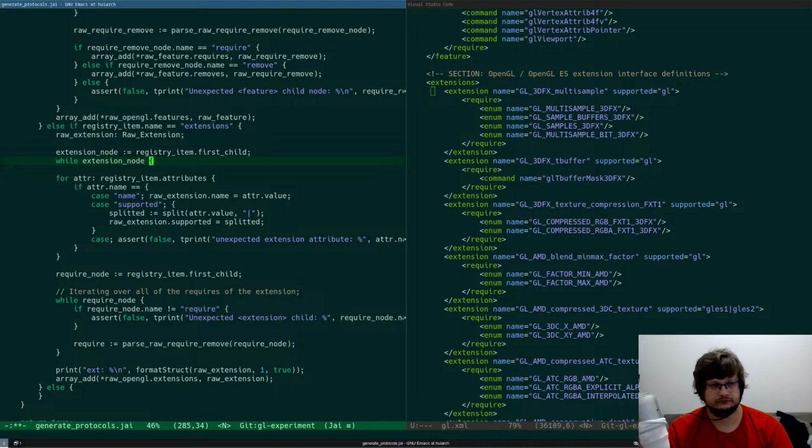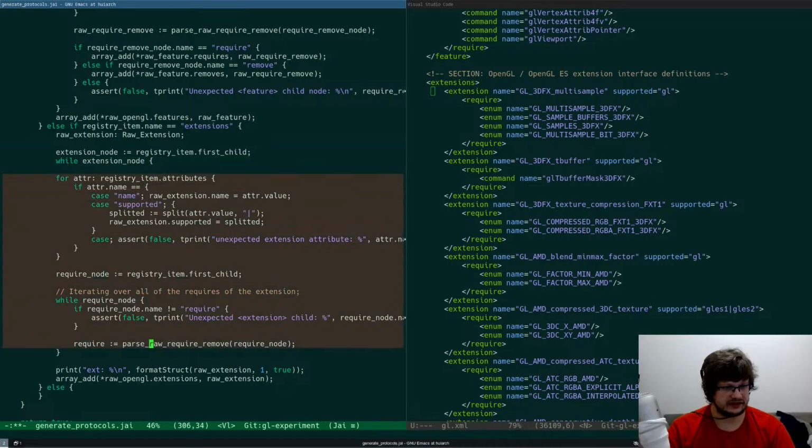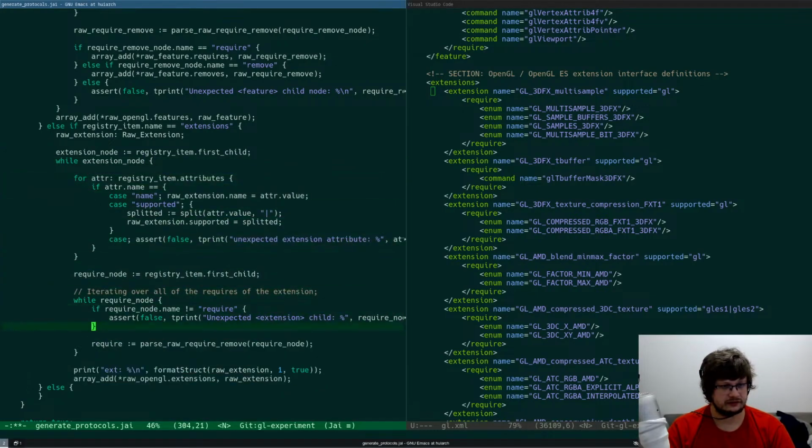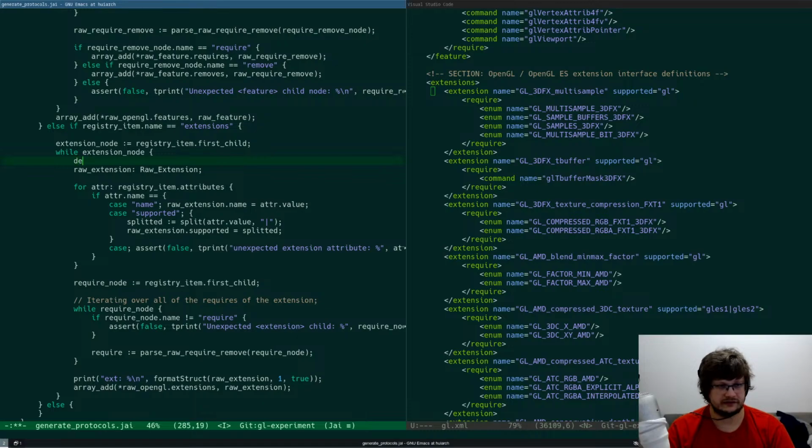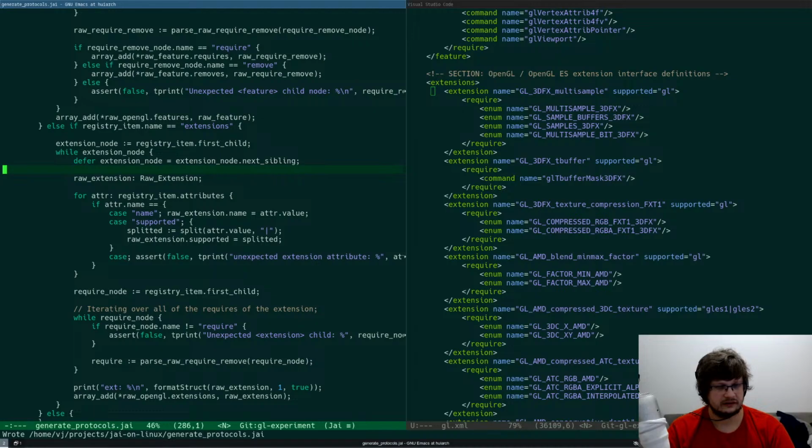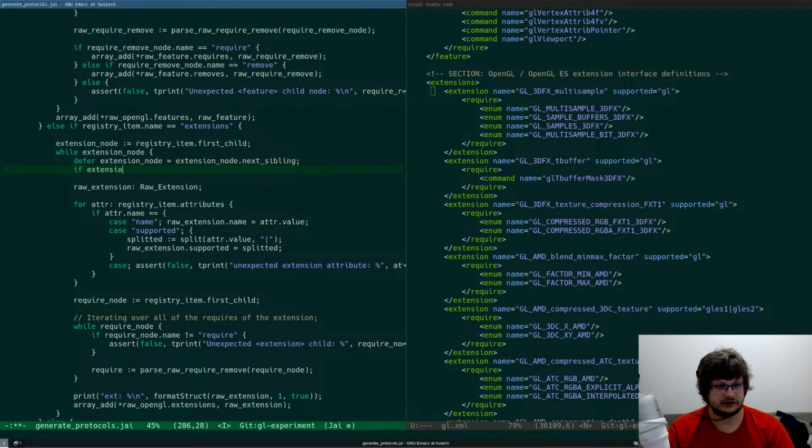Then we literally just go here. We do defer extension node equals node next sibling. Yeah, and then if extension node